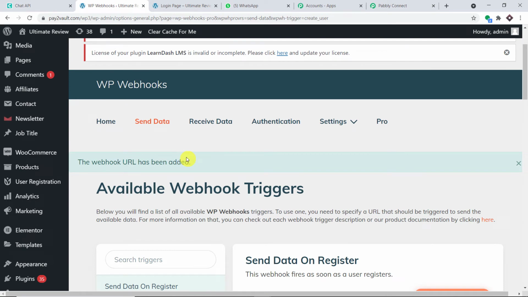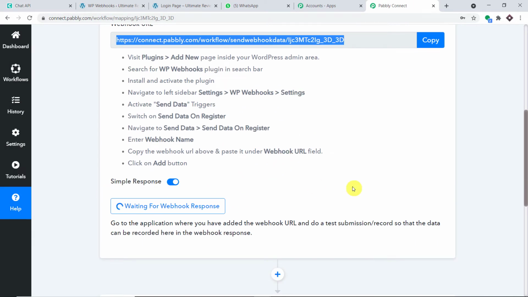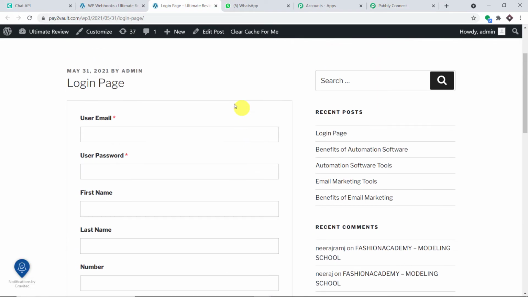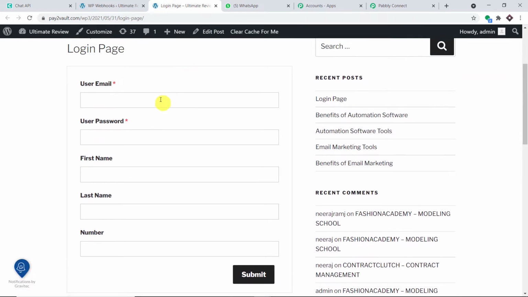Excellent. So what's next? We have to check whether Pabbly Connect is integrated and capable of capturing the data when a new user is registered on our WordPress site. So let's have a look. Yes, it is showing it is waiting for the data. So we are going to conduct an experiment. I'm going to refresh this login page and make some new entry. So this is the user email, I'm sorry,